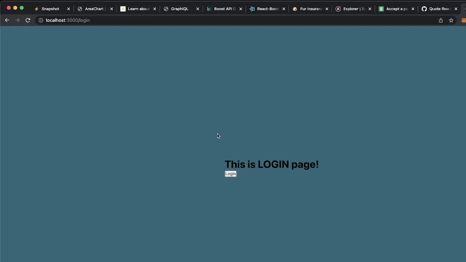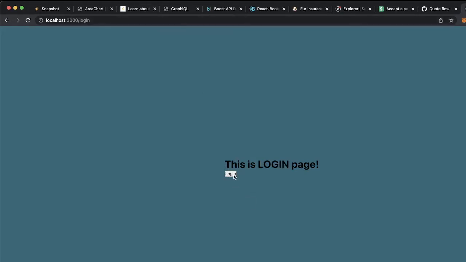So what we are going to make today is protected and public routes functionality using React Router DOM version 6. As you can see, I have a login page and I do have a home page, but I cannot visit that at the moment. It is rerouting me back to my login page. But if I click login, I can see the home page. So now I can come to the home page, but if I log out, I cannot see the home page